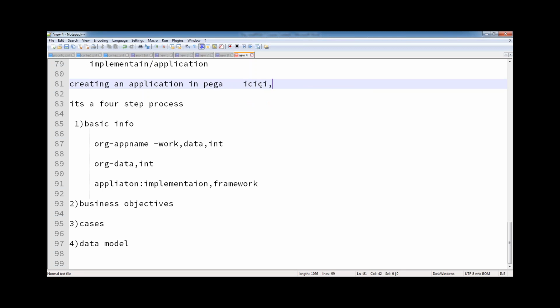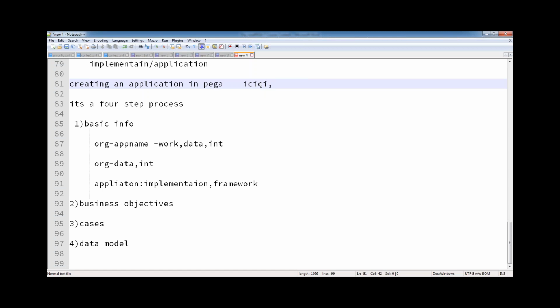When we go for a framework, the point is if you want to build some applications on top of other PRPC applications, then you can go for a framework here. Let's take an example.